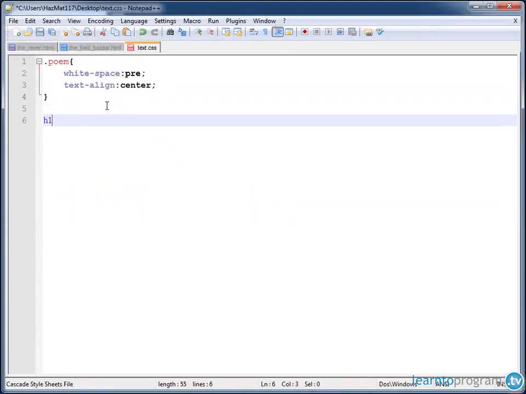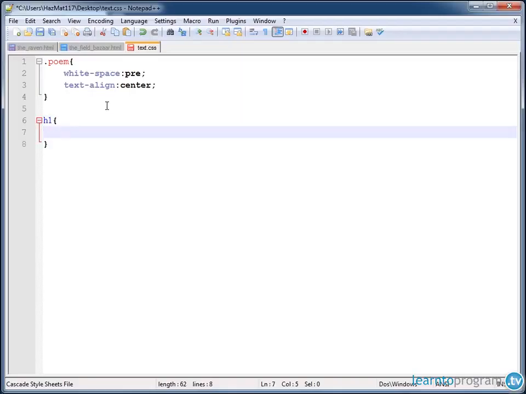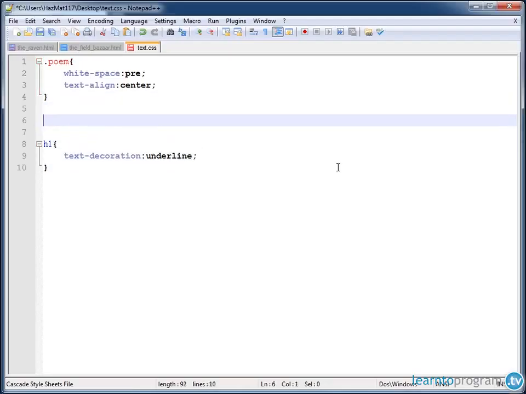So like I said, we can access the H1 elements through a general rule. And what we want to do here is underline these elements. As far as CSS is concerned, underline is a text decoration. And it's called underline. My other text decoration options are overline, which is a line that appears over the text, and line-through, which is a line that appears through the text. It's actually line dash through. Now,